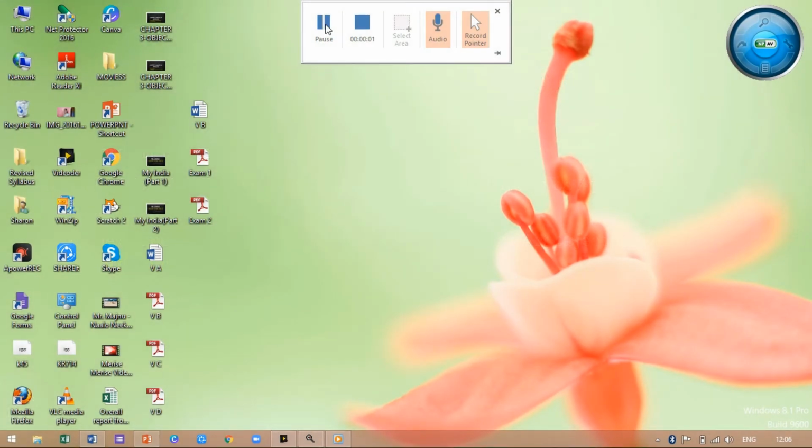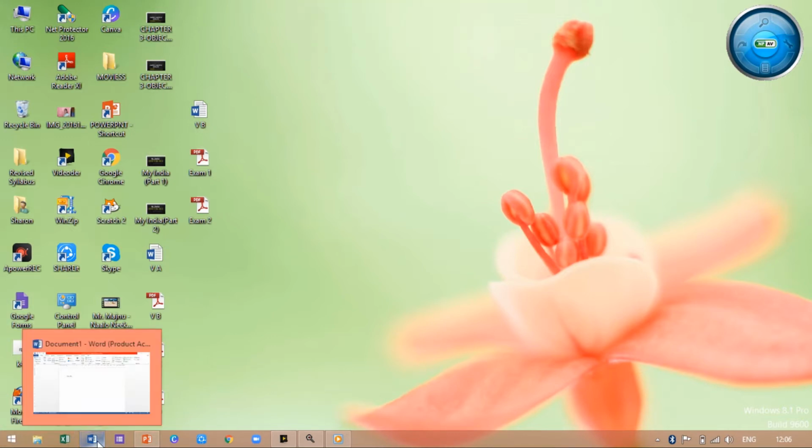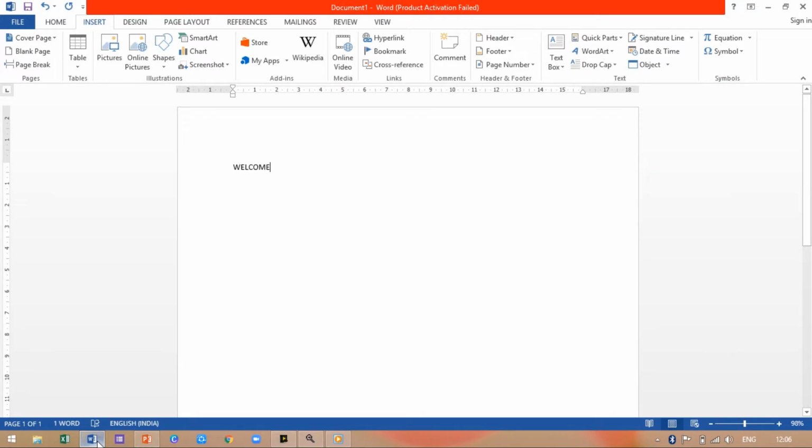So now we are going to see how to create WordArt in the Word document. For that we have to go to MS Word. So this is the Word page. Now I have typed the word welcome. After typing it, I want to give the WordArt effect to the word welcome. So for that I will select the word,